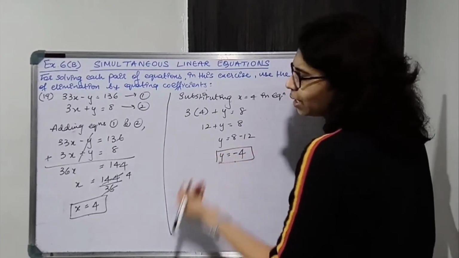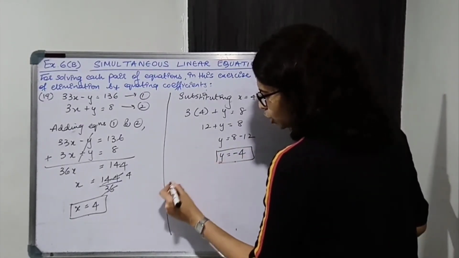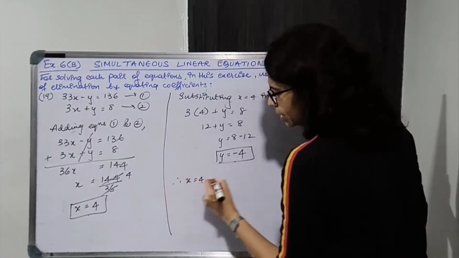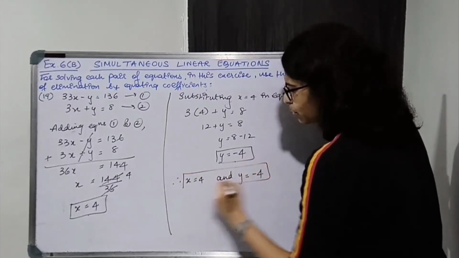So we got the same values. Okay, there is one question with the same values earlier, so just check that. The value of x is 4 and y is -4. So it's very easy. 4 steps you need to follow.